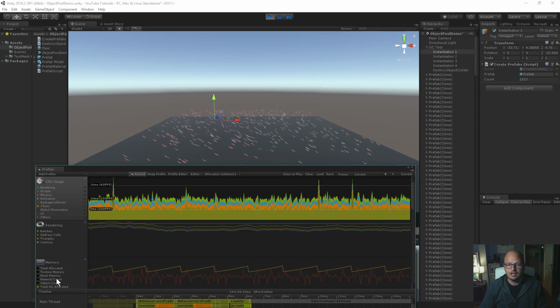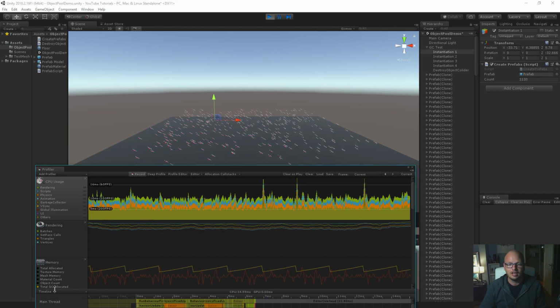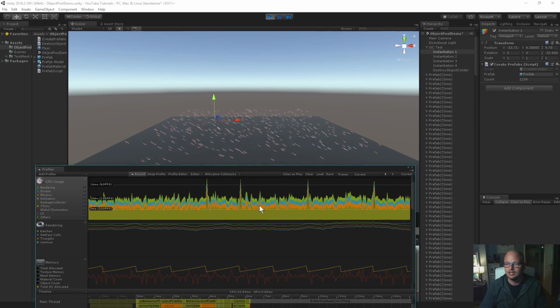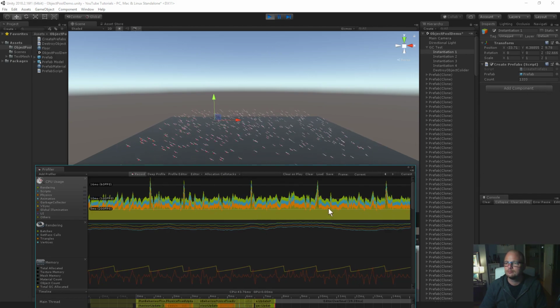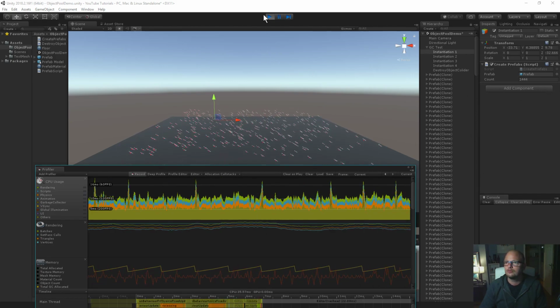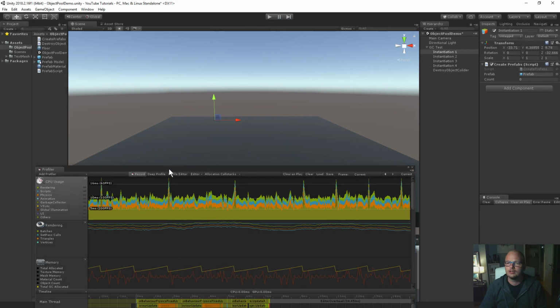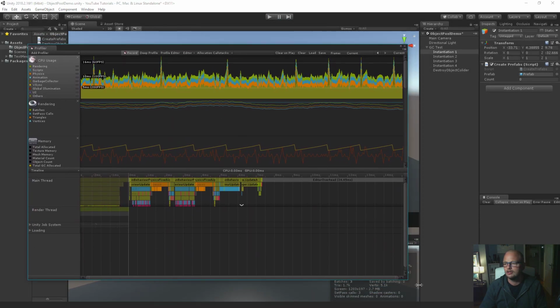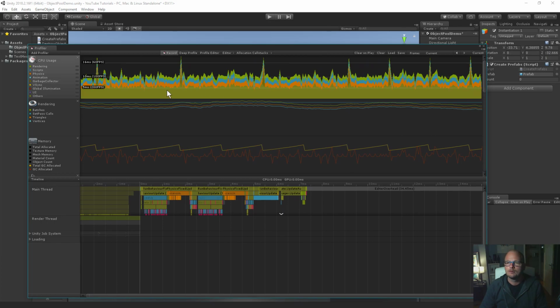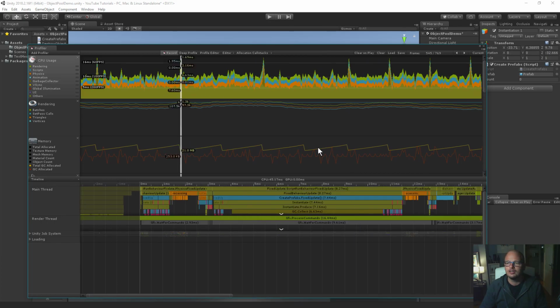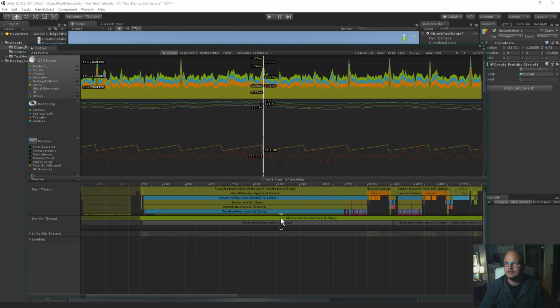So you can see down here the memory allocation for the garbage collection is going up quite quickly, and then we're getting these spikes, and that should do. So we're about 1500, so let's just pause that and let's have a look at these spikes. So if we move our mouse over, you can see the spike, and we've got a garbage collect here, 6.63 milliseconds. If we go to the next spike,